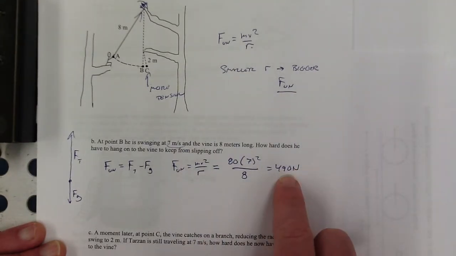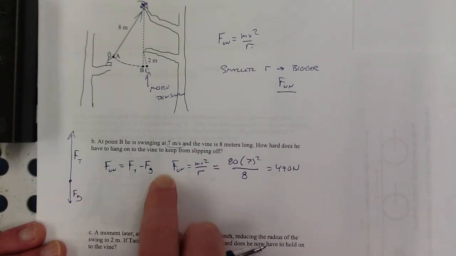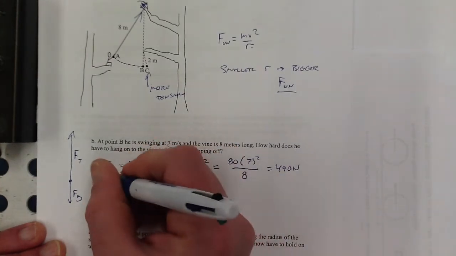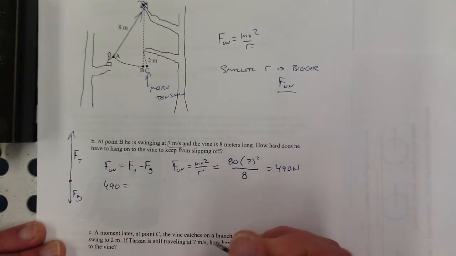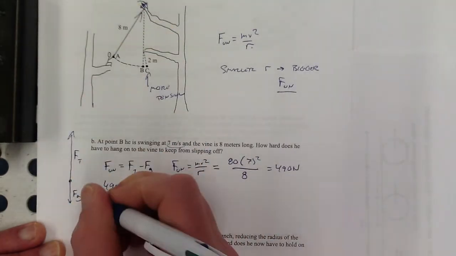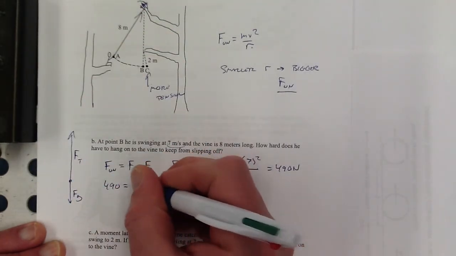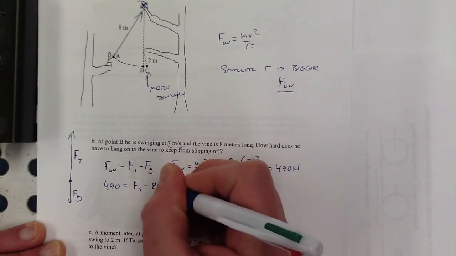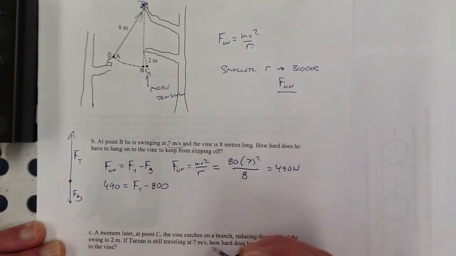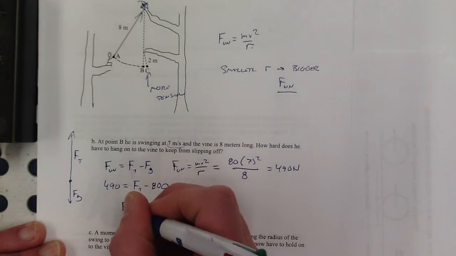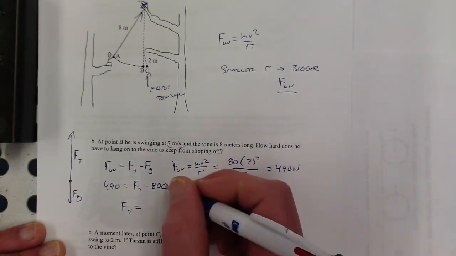Now, that's not the answer to how hard he has to hang on. I still have to go back to this. That's the unbalanced force. 490 is equal to how much gravity is there on this guy? 80 times 10. So force of tension is equal to